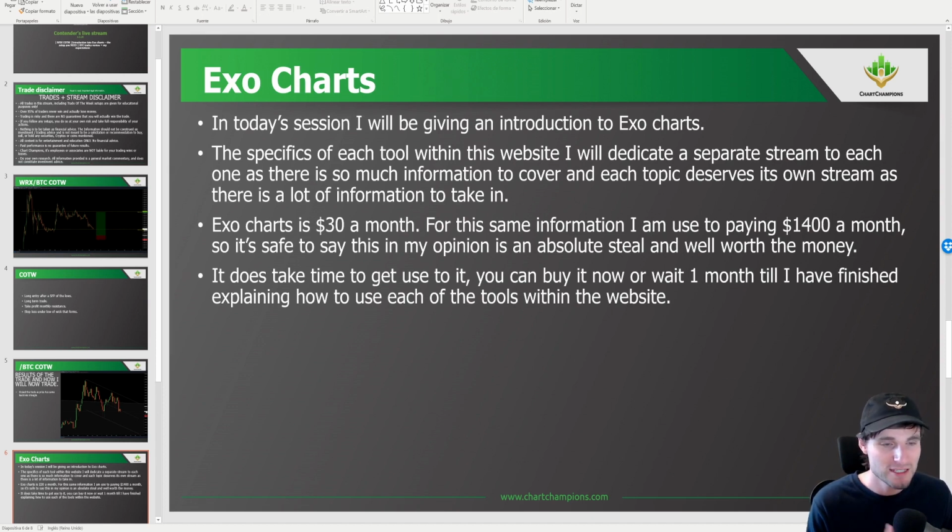For me teaching something, it's very simple to guide somebody through using ExoCharts. Whereas Sierra Charts, for example, which is a platform that I also use, is extremely not user friendly. But the advantage of that is that you can customize everything exactly as you want it. So you have almost unlimited customization. Whereas with ExoCharts, you don't have that same level of customization, but there's a lot less places to potentially get confused